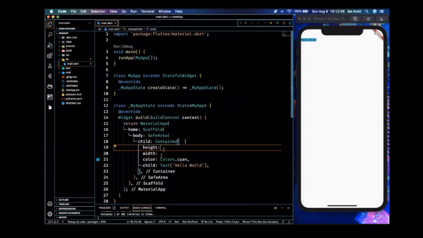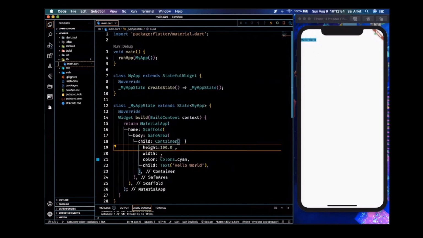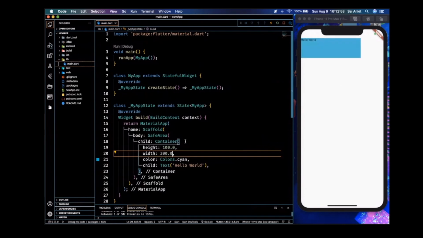These are basic numbers. You can keep 100.0 and something like 300.0. Then you get a container of this sort. Fine. You can always change and move stuff, so this is the use of stateful hot reload. So you can just save it here, and everything goes on changing there.